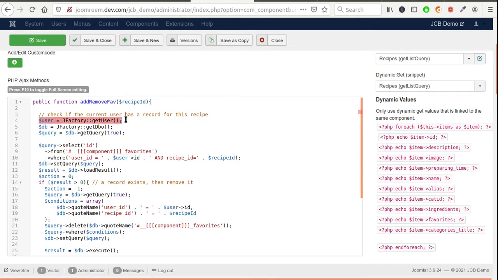At first, let's create the user object. Then query the database to find out whether the favorites table has a record for the current user and recipe.